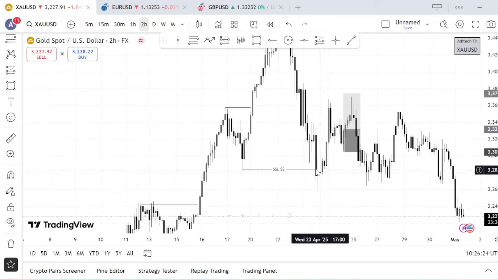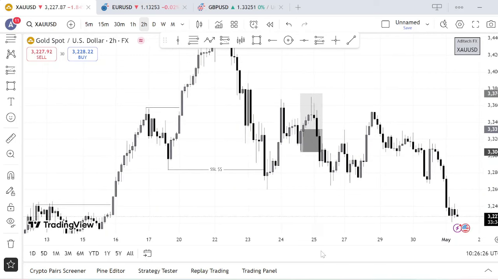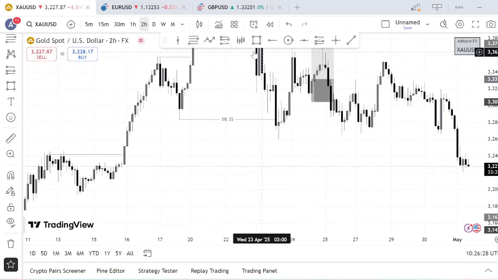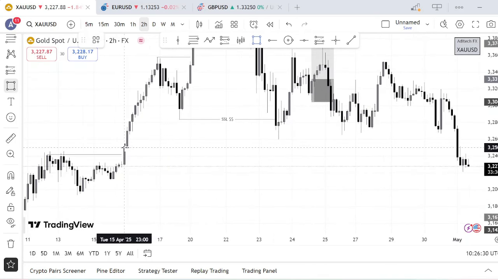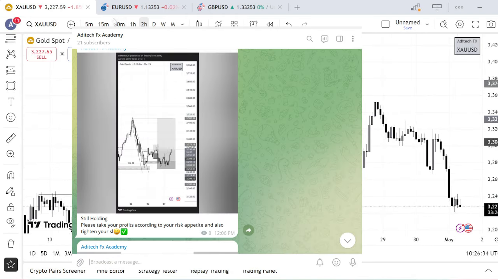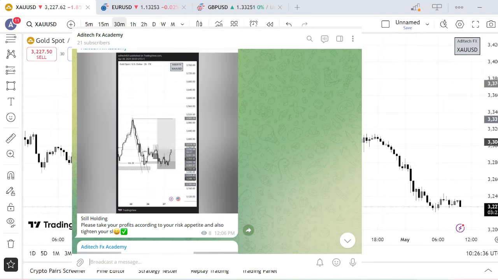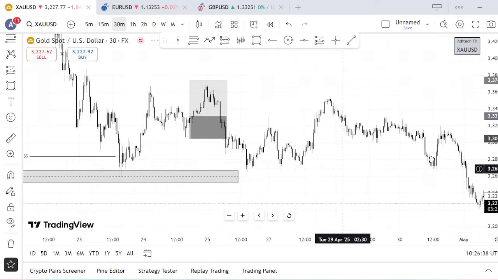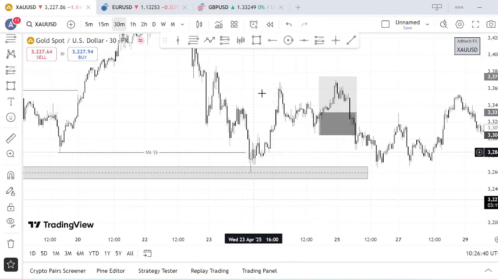Now, right from this point, after price swept sell side liquidity, I switched to my lower time frame, and I noticed that price has traded into a bullish fair value gap right here. I actually caught some little buy opportunities right here, which I sent to my Telegram group, right? After price tapped into this zone,